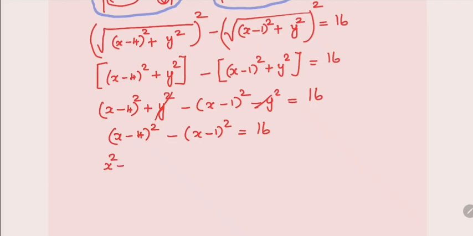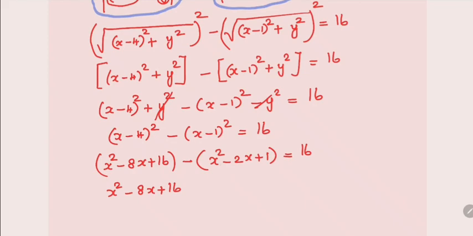So it is in the form of a minus b the whole squared. Apply it: x squared minus 8x plus 16. Okay, so next minus of, if you apply a minus b the whole squared again, it is x squared minus 2x plus 1, that is equal to 16. So x squared minus 8x plus 16. Here the minus has to be applied to all three terms. So it will become minus x squared plus 2x minus 1 is equal to 16. So what do we have to cancel? This plus x squared and minus x squared get cancelled. See that on the left side you have 16, and the right side also 16, which get cancelled.